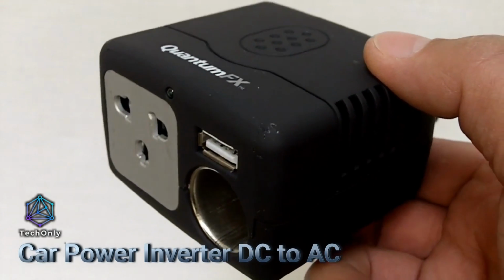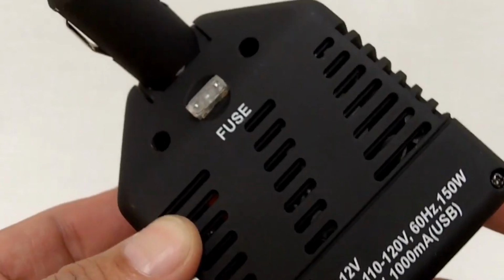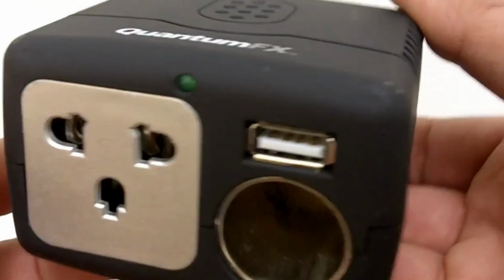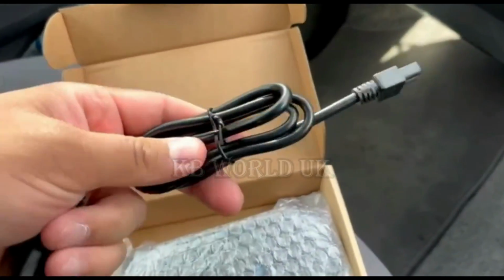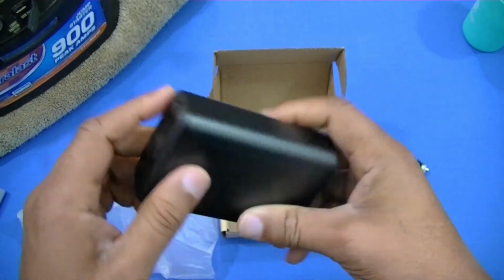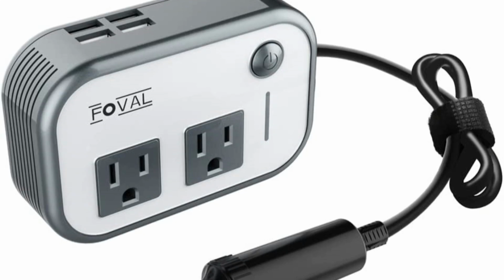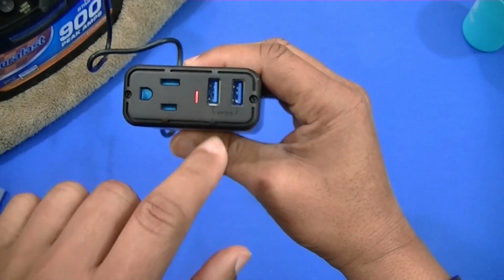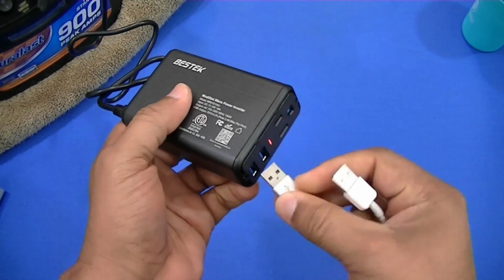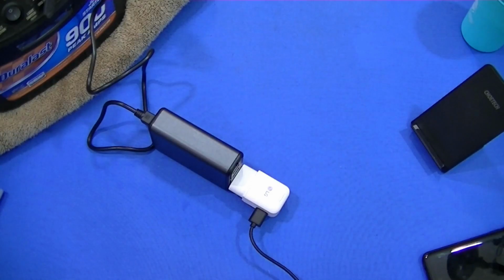If you're someone who's always on the go and needs to stay connected, the Car Power Inverter DC to AC might just be the solution you've been looking for. This handy device allows you to plug in any device that requires AC power while you're on the road, from laptops and tablets to small appliances like electric shavers or coffee makers. With its easy-to-use design, you can simply plug it into your car's DC outlet and you're good to go. It's perfect for long road trips, camping adventures, or just those moments when you need to stay connected while you're